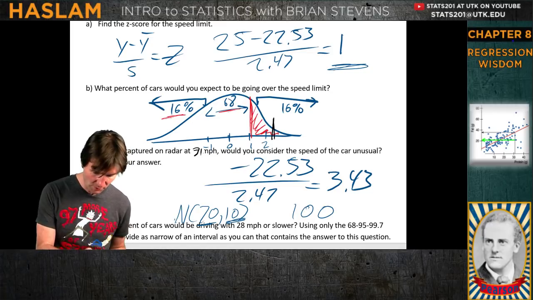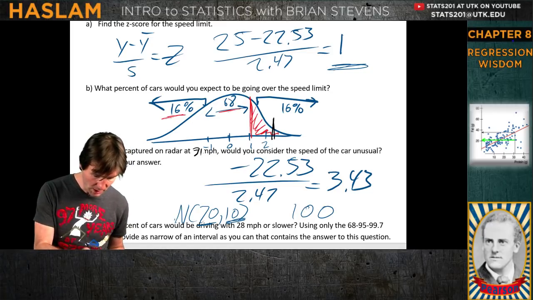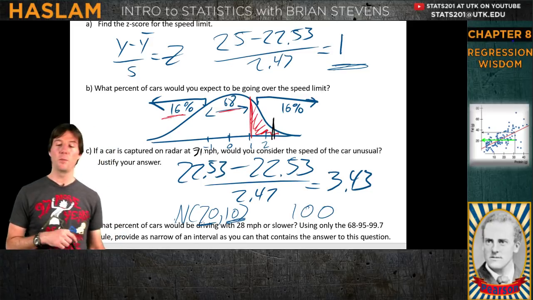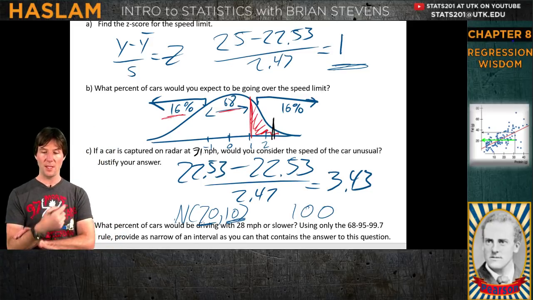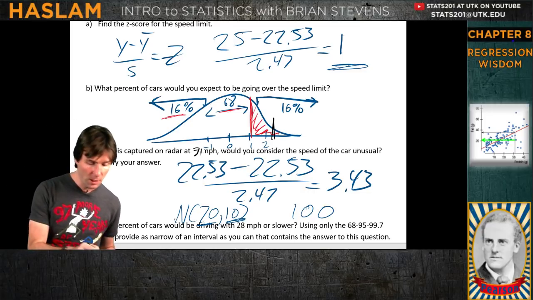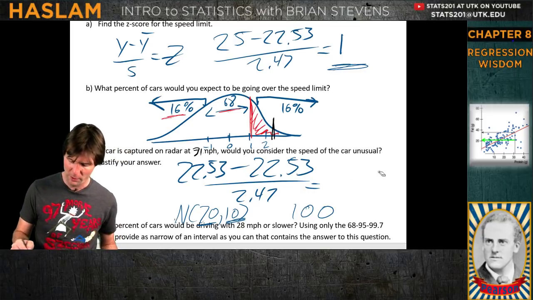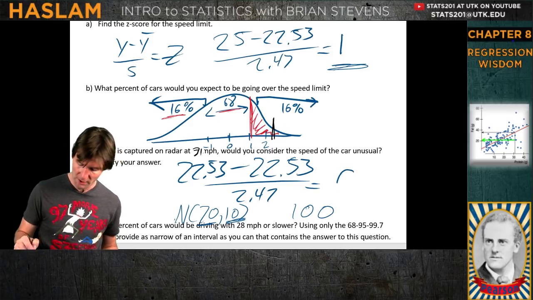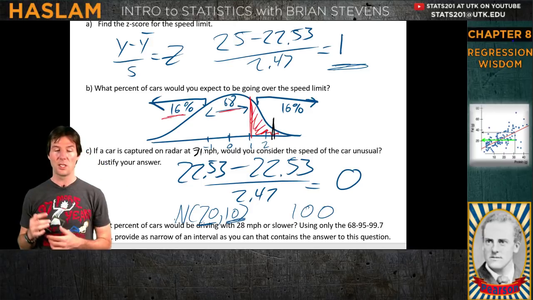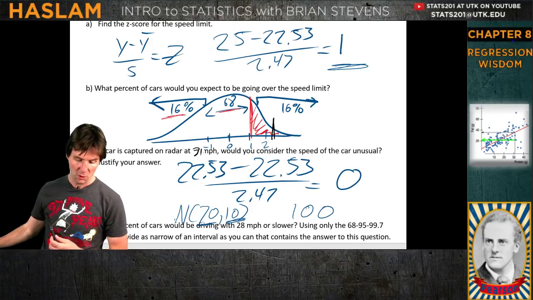Just quick review, because I haven't heard from the chat in a little bit. What would be the z-score if somebody went the mean? If the question was talking about the mean, what would be the z-score of driving the average speed? 0. Serena, nice answer in the chat. And that would not be unusual at all because it's what you expect. It's at the center of the curve. So all you're doing there is seeing how far the mean is from the mean. And the mean is 0 standard deviations away from the mean. So that would not be unusual.